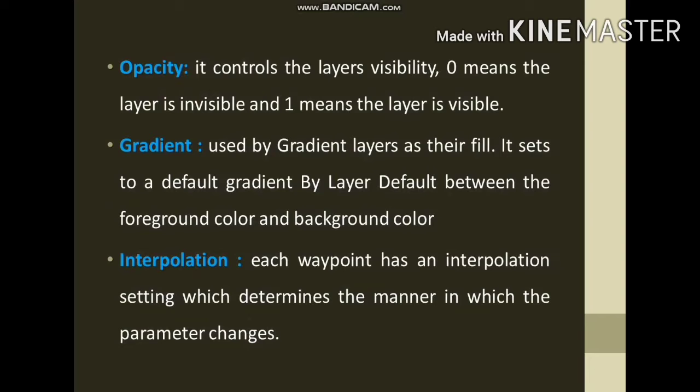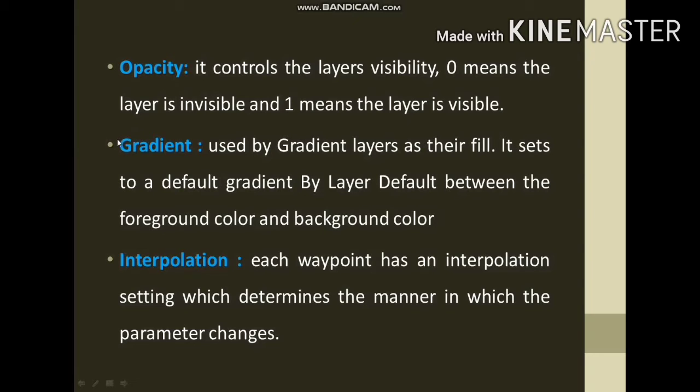Opacity. It controls the layer's visibility. That is, 0 means the layer is invisible and 1 means the layer is visible. We will see the opacity when we start with the animations. Gradient is used by gradient layers as their fill. It is set to the default gradient by layer default between foreground and background color.